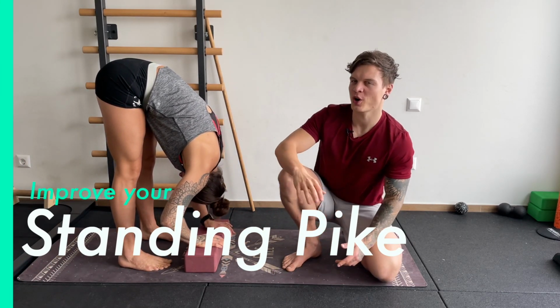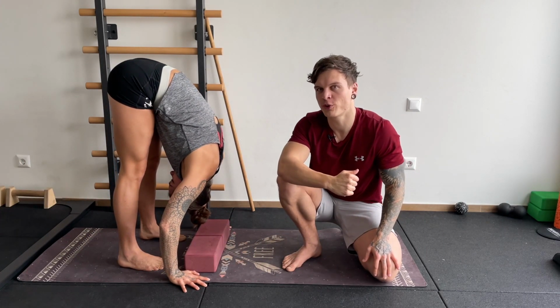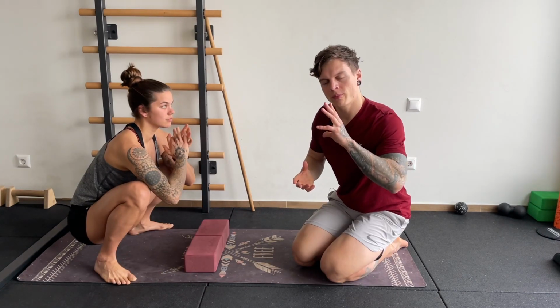Today we're gonna talk about and break down the standing pike, or the forward fold, and we're gonna show you 3 exercises that you can use to improve your standing pike. So before we show you the 3 exercises, we wanna break down the standing pike and the 3 parts that are so important that you have to understand in order to improve much better and faster in the standing